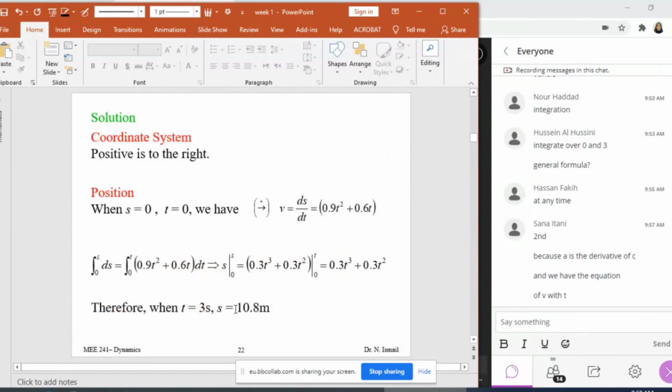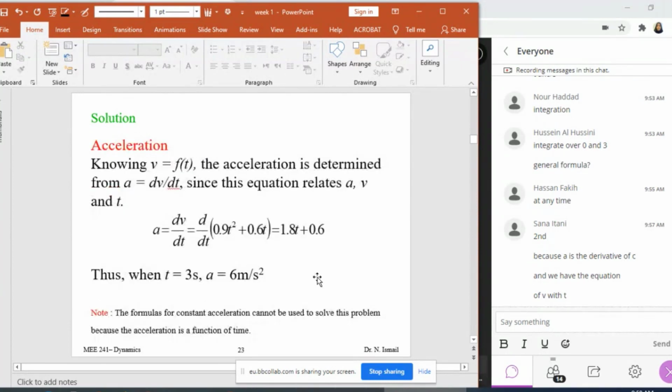All right? So guys, of course, as I said, if you do the integration between 0 and 3 seconds for time, you're going to have s directly as 10.8. But if you do it this way, you're going to find the general equation of s in terms of t, so that if you have any other question to find s with respect to another t, you can directly substitute t by the value. You don't have to repeat the integration. And this is, of course, the answer of